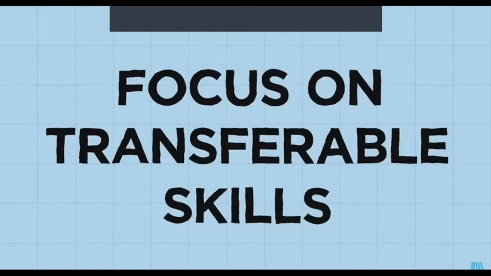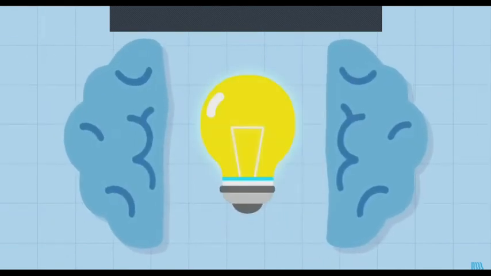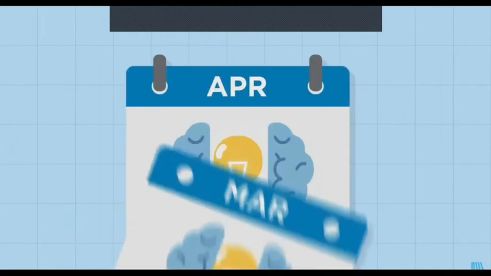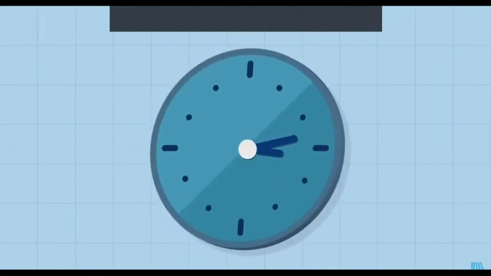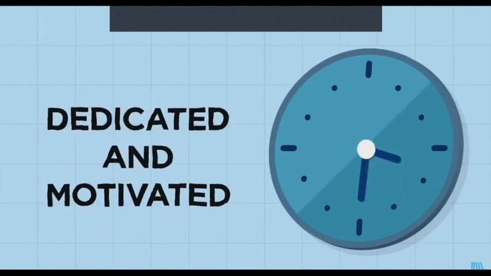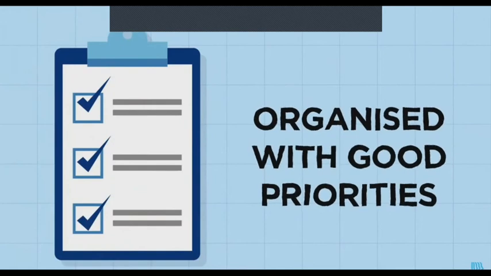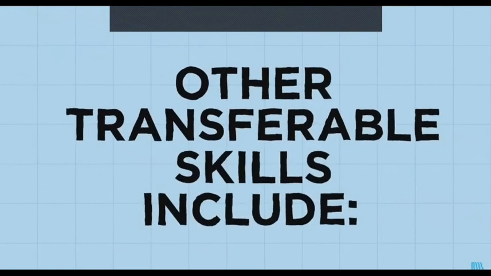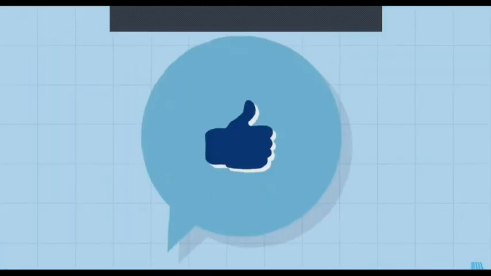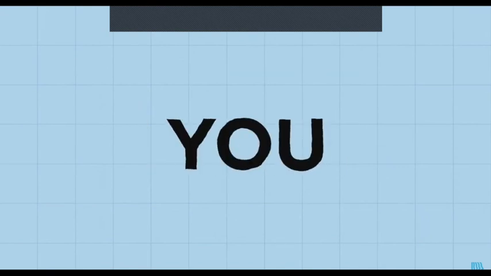Employers love it when you include that you have skills to do certain tasks. So, brainstorm. Think about the times you've applied transferable skills to your everyday life. Do you meet deadlines for projects at school? This is an example that you were dedicated and motivated. Are there any times in your life when you created a to-do list to accomplish something? This is an example that you are organized and prioritize your tasks and requirements. Other skills you may be able to include are communication skills, listening and writing skills, people skills, compassion, confidence, and motivation.